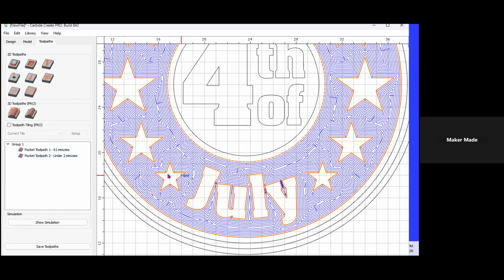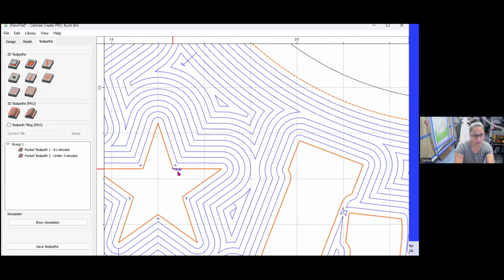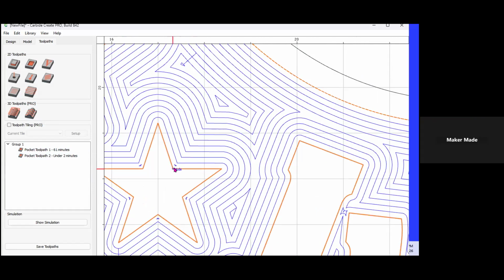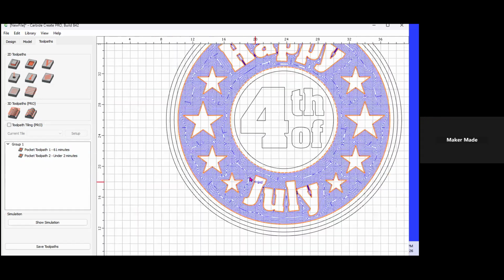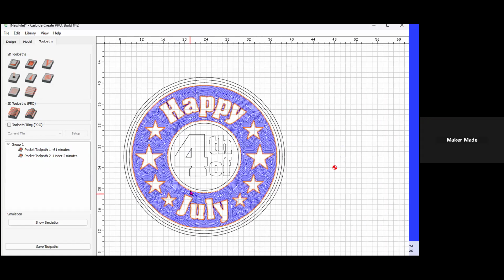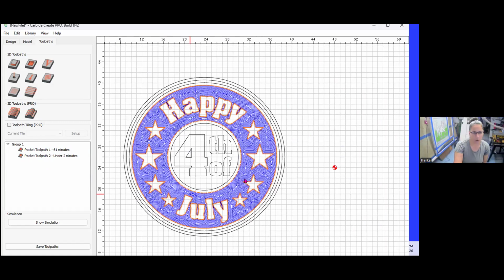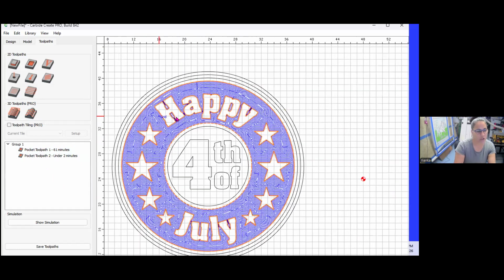So on toolpath number two, the G code won't need to carve all over again. No, this G code number 2 is only going to cut